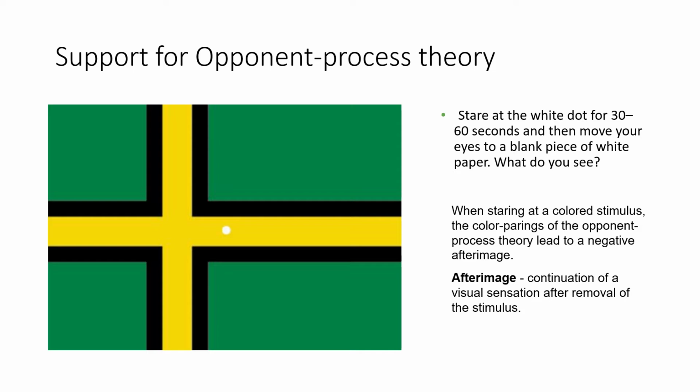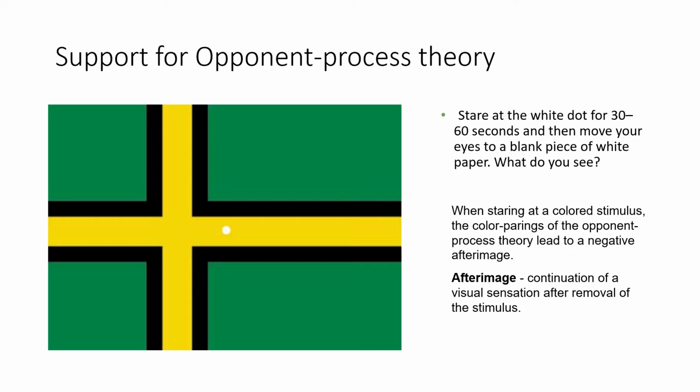So what I'd like for you to do is stare at the white dot in this image, in the center of this flag, for 30 to 60 seconds, and then move your eyes to a blank piece of white paper. You'll need to pause the video to do this, and then reflect to yourself, what do you see? After you do this, you're going to note that the color pairings of the opponent process theory lead to